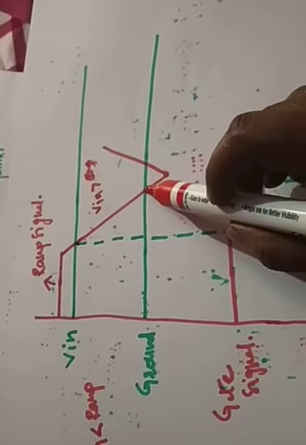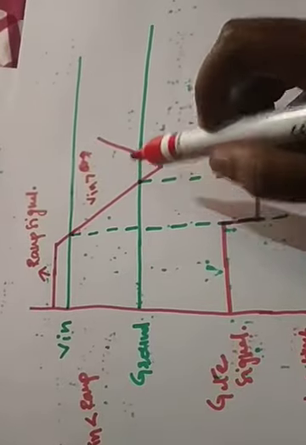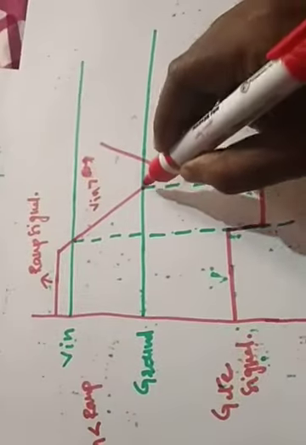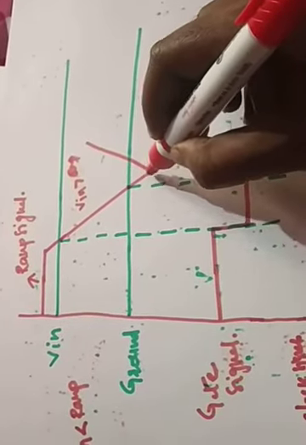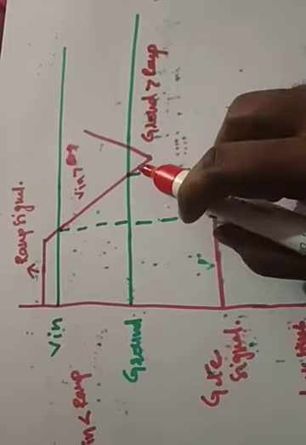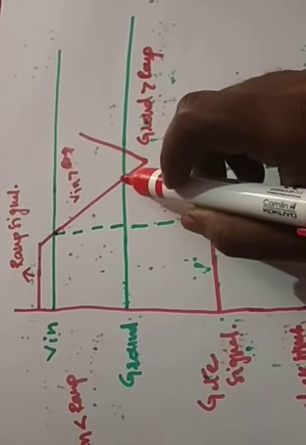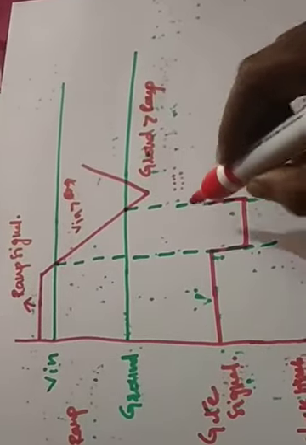So when is the gate closed? Here you will see this is your ground signal and this is your ramp signal. In this portion you will see your ground is greater than the ramp. The ground signal is greater than the ramp signal, so it will send a signal to the gate to stop the gate pulses. Now, in this portion you will stop the gate pulses. Hope it's clear.